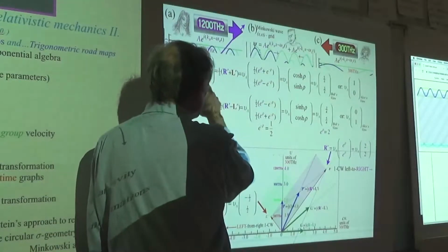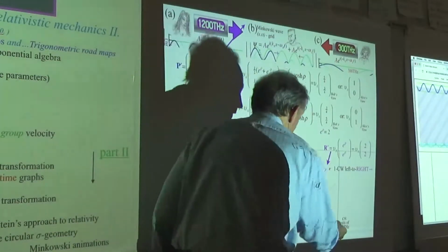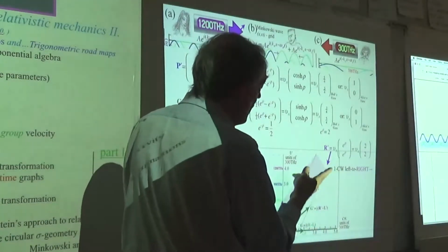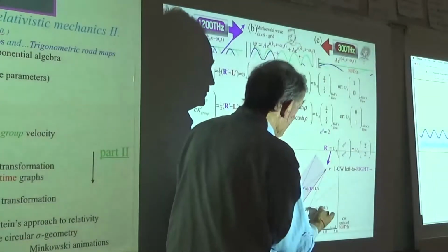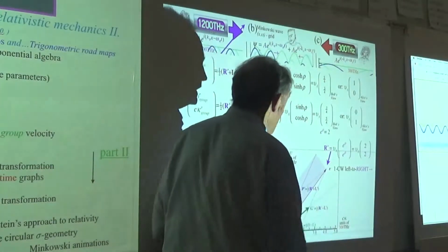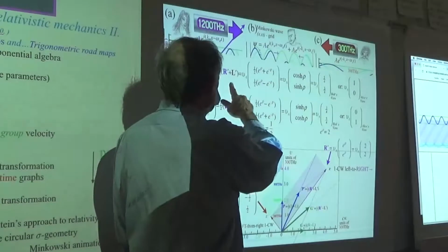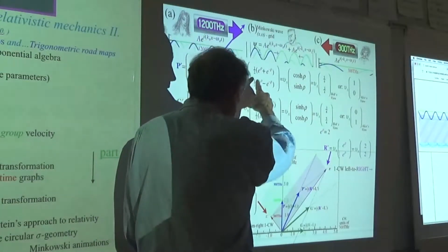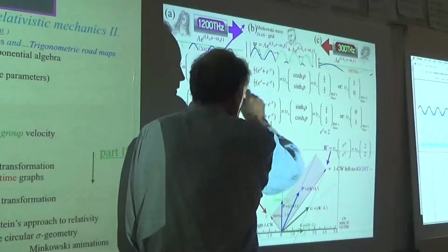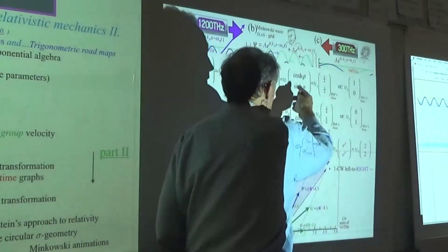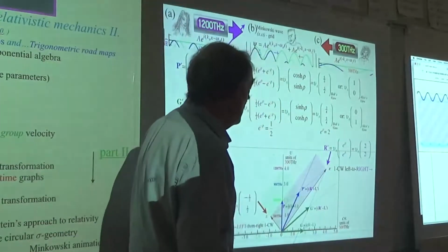Remember, that's a frequency too. In order to do geometry, we try to multiply by whatever factor gives us the same scale on both axes. So this half sum of the Doppler shifts written in exponential form gives us a hyperbolic cosine for the